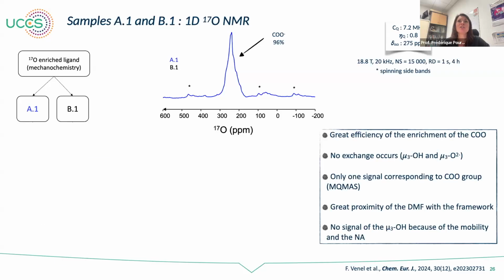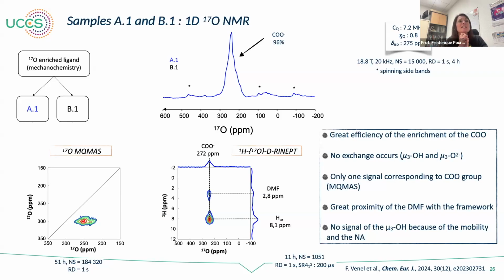What we first do, and we recorded the MQMAS in 51 hours, and we observe only one signal. And with the DR INEPT, we were able to observe the proximity of the COO and the aromatic rings, the aromatic proton. Then with these samples, what we see is that the procedure we used worked perfectly, and we enriched only the group from the COO. We didn't enrich the mu3-OH and mu3-O2-. So we only enrich the COO, and